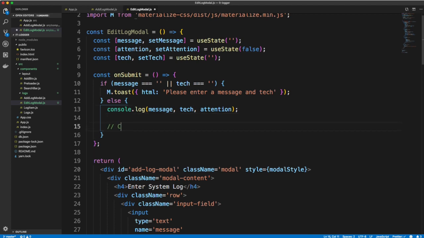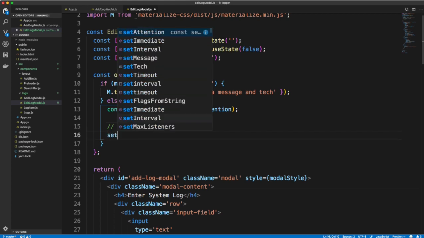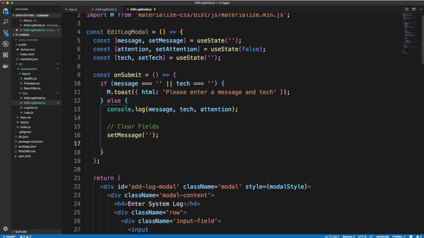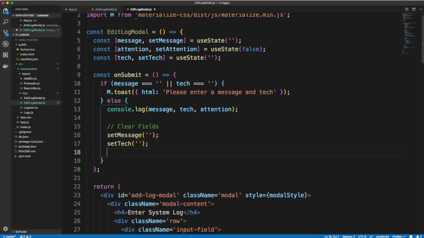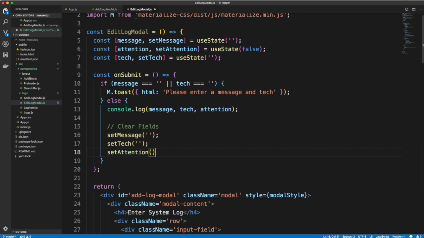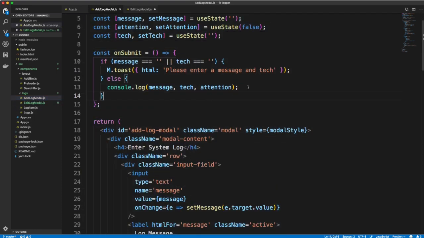So we'll say clear fields, and we'll just set message to nothing. We'll set tech to nothing, and let's set attention to false, which is its default value. And we want to do this in the add modal too, so we'll just go here and do the same